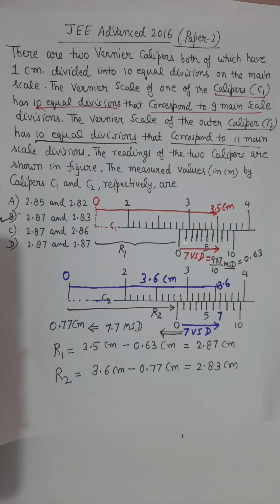So this was the complete theory of defining reading by the vernier caliper, and this is a very unique question, and this is unique because if you try to solve it by the formula which is given in most of the books, you will find incorrect answer. But if you attempt it by the fundamental process, you are always correct, and the chances of selection in JEE Advanced is always higher if you try to solve the questions through fundamental steps. I hope it is clear to you now.